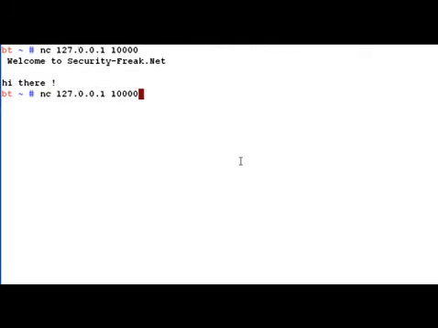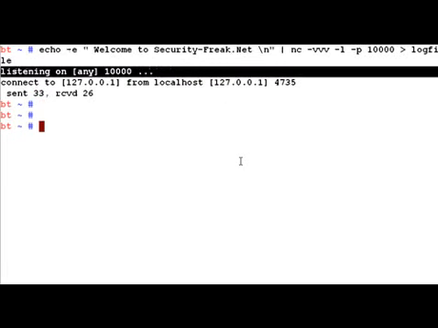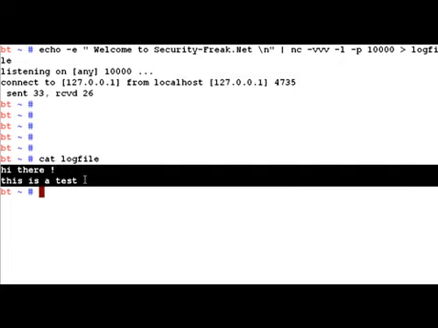So now let's quickly go ahead and connect. Once again we get our welcome screen, and then let's connect. Hi there, this is a test, and then let's go ahead and disconnect, right? So the server side process is also disconnected, but now when we have a look at the log file, we will see that netcat has logged whatever data was sent by the client.